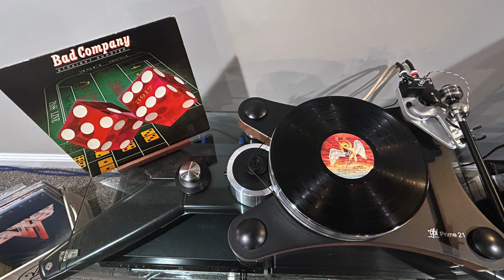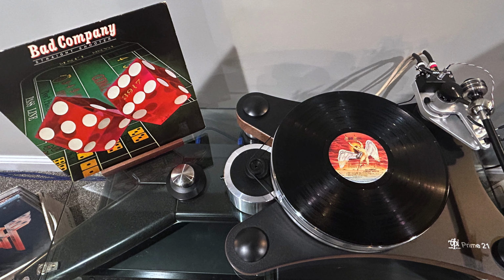Keyboards sound excellent. Drums and vocals once again stand out. Just a great overall presentation on the Analogue Productions Atlantic 75 version. Granted, it's at 45 RPM. It's just another home run, in my opinion, from the Atlantic 75 series. It's just phenomenal. Now, as I compared this to the original 1975 Swan Song pressing that I have,